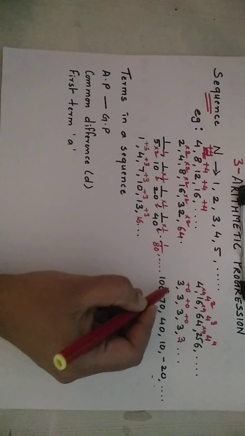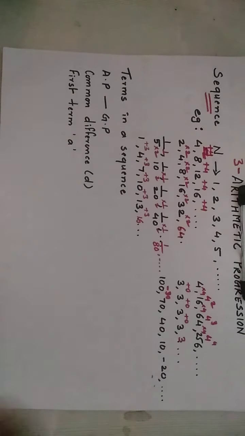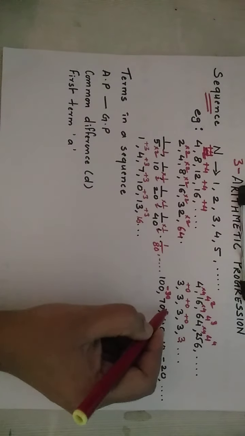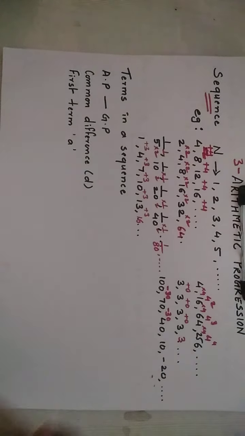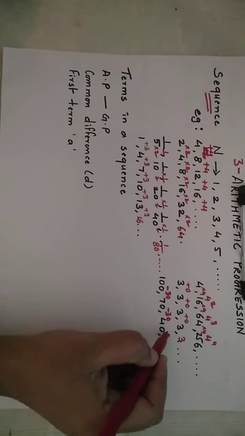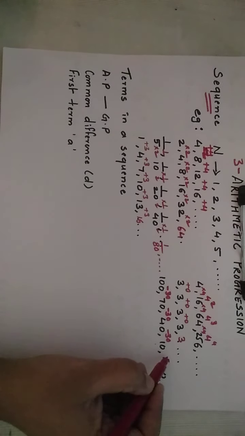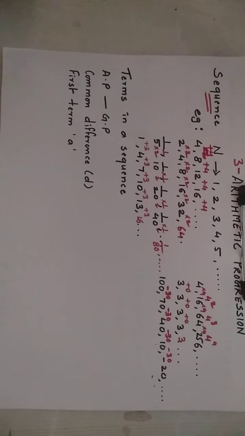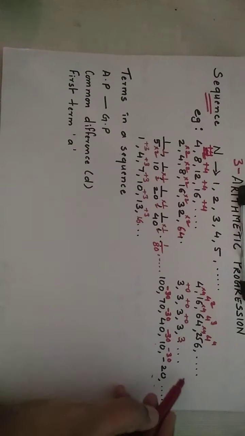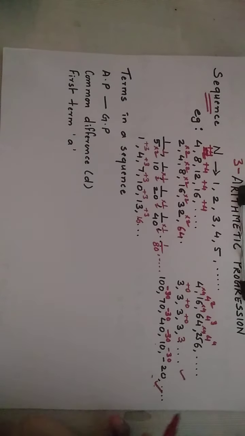So we subtract 30, we get 70. 70 minus 30 gives you 40. 40 minus 30 gives you 10. 10 minus 30 gives you minus 20, and so on. So in all these examples, you are adding